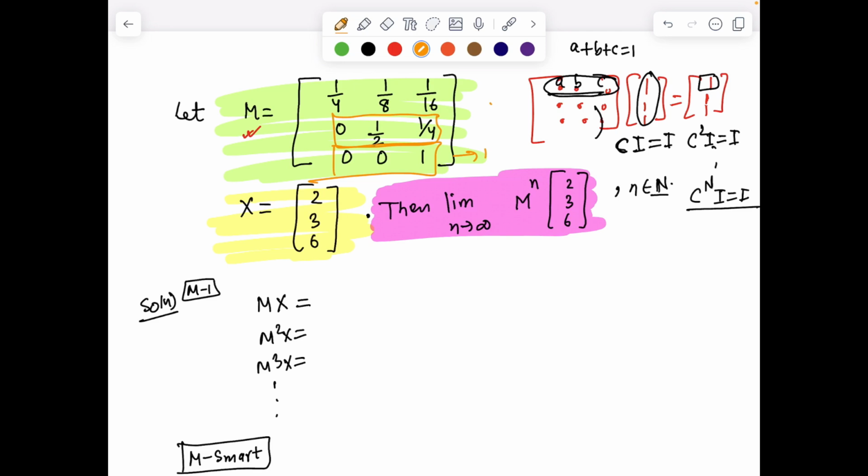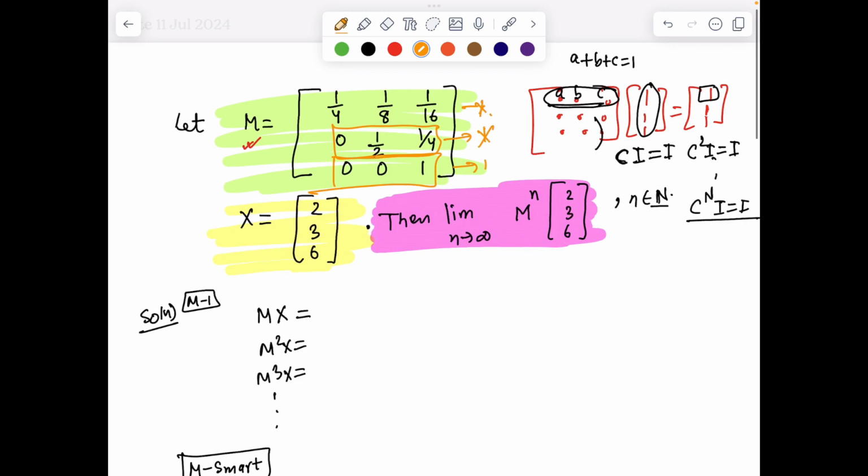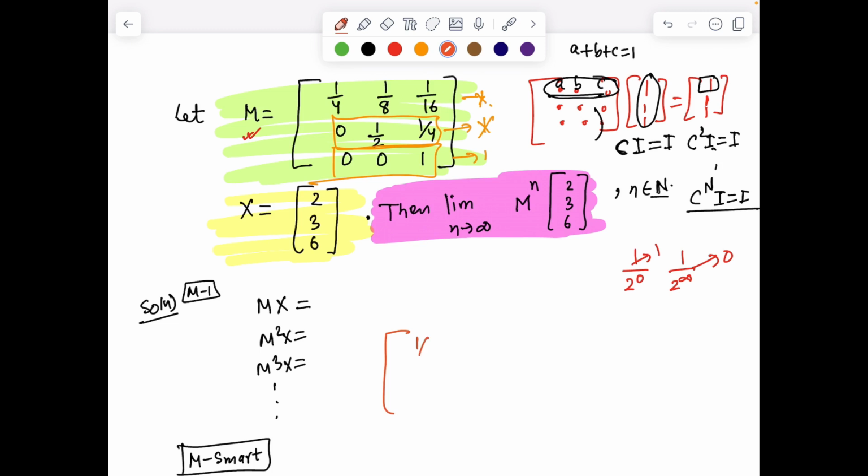But soon we are having a bad day, because this is not going to be 1 and same with this. But there is again something special about this matrix. All these are powers of 2. In fact, 1 is also 1 by 2 to the power 0 and 2 is 1 by 2 to the power infinity, like this tends to 0 and this tends to 1. So in that sense, all of them are powers of 2. So maybe we'll write this as 1 by 4, 1 by 8, 1 by 16, 0, half, 1 by 4, 0, 0, 1.